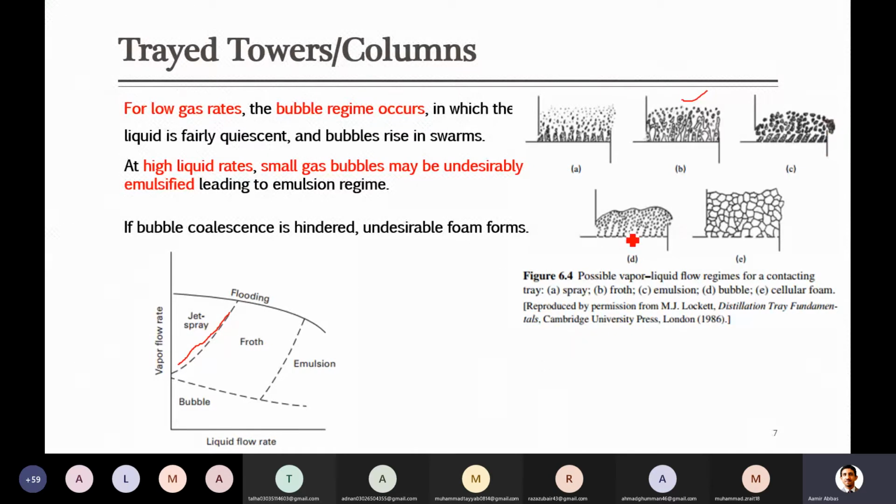In this case it is further reduced, and those vapor which were even coming in contact with the liquid cannot push the liquid towards the top, they cannot escape from the liquid, they become part of the liquid. And in this case it is further reduced, they keep on joining with each other, and they make further big droplets, and at the end of the day they make foam.